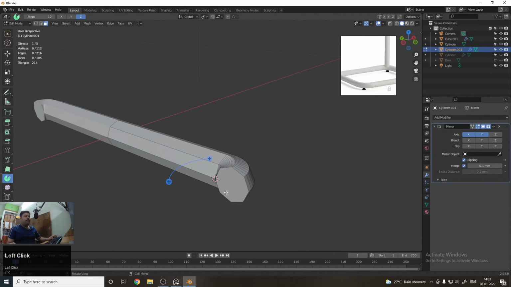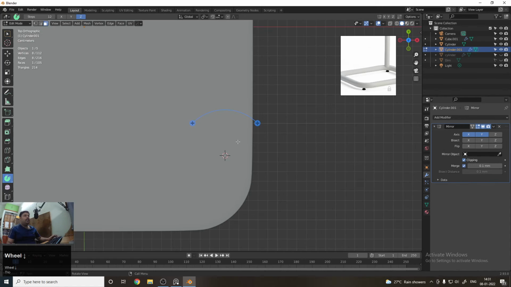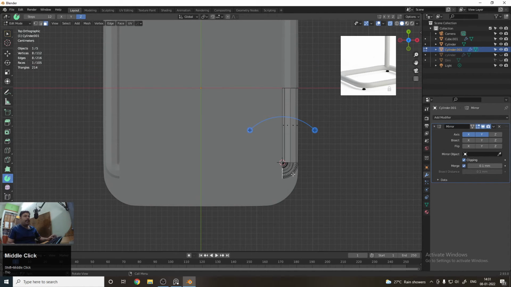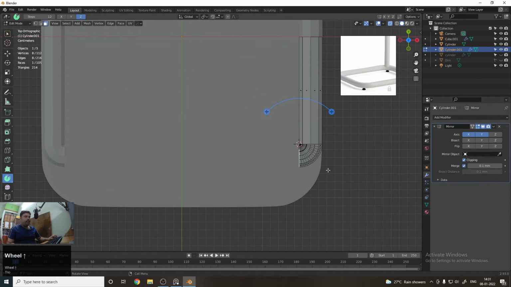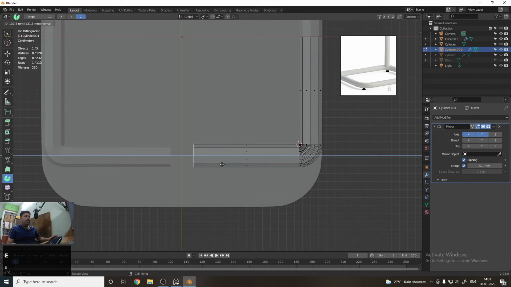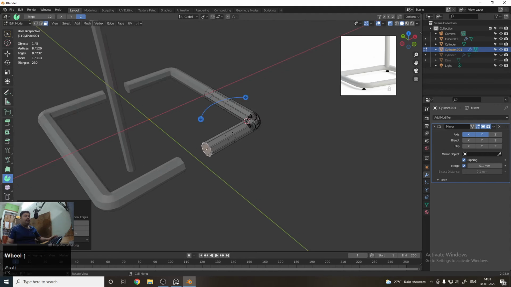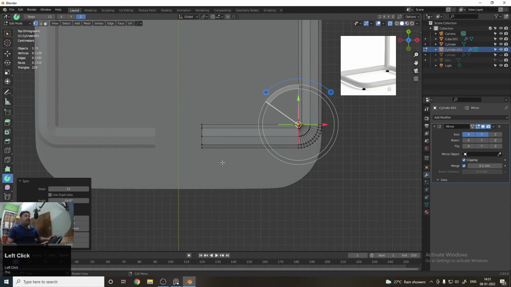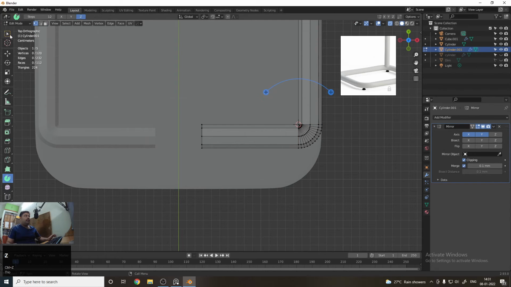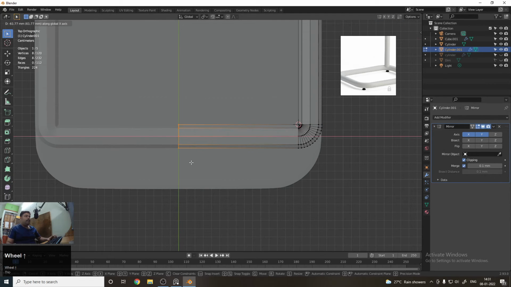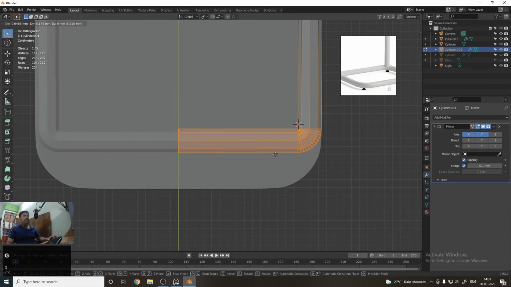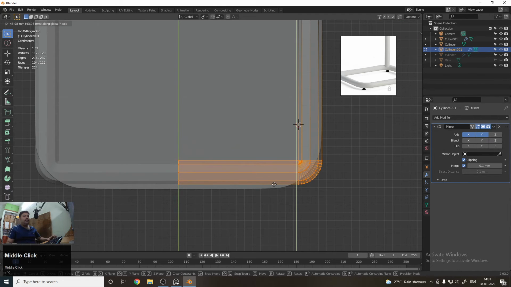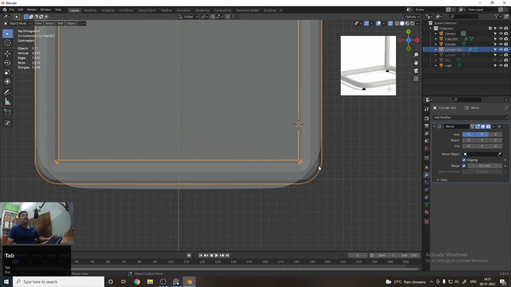And now if you want to move this edge, or you need to extrude this edge, what you can do, press E on the keyboard, it will get extruded. And always remember that you need to delete this face always. Now move it, and now I am gonna move it further here in this manner.